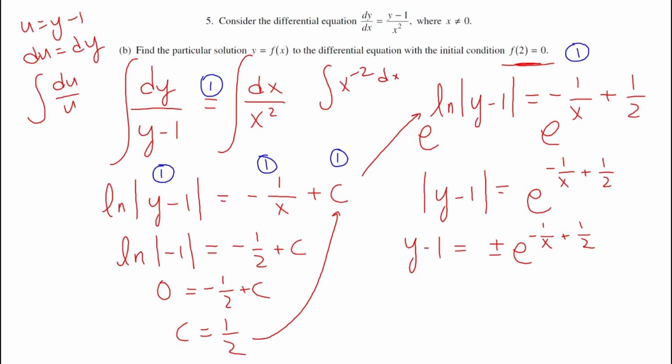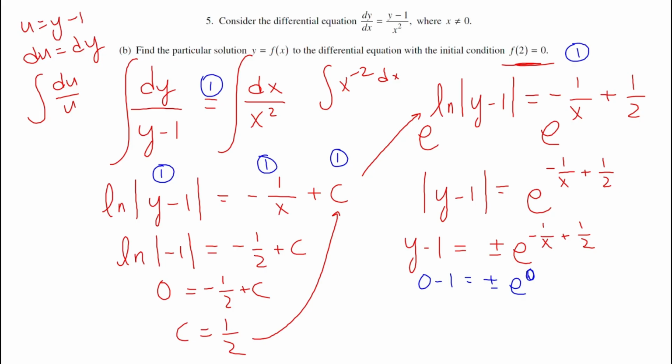So if I plug in 2 for x here, I need y to be 0. If y is 0, we're going to have 0 minus 1 equals either positive or negative e to the, well, when x is 2, this is negative 1/2 plus 1/2, or 0, so e to the 0, which is just 1. So I get negative 1 equals plus or minus 1, which means I don't want the plus,